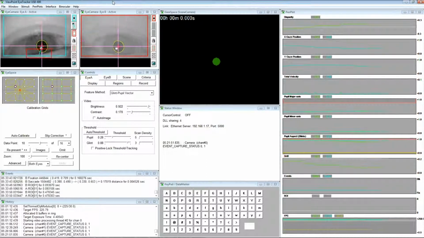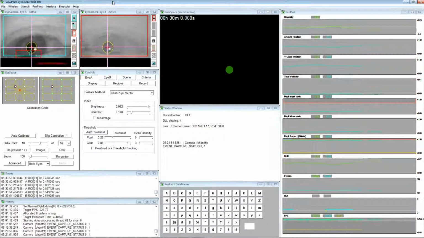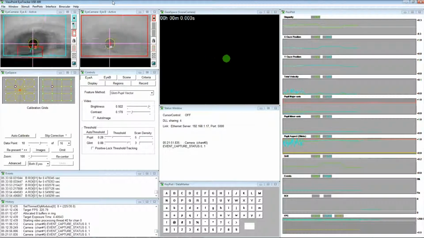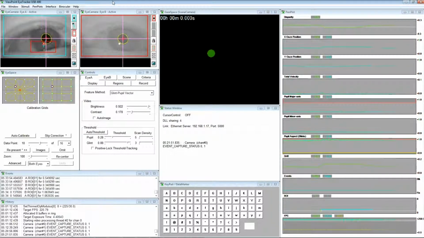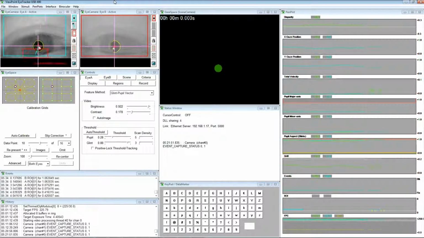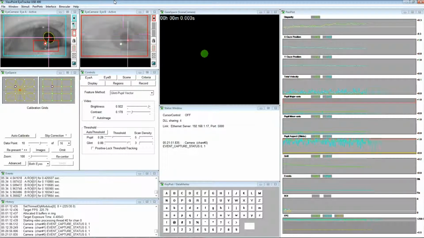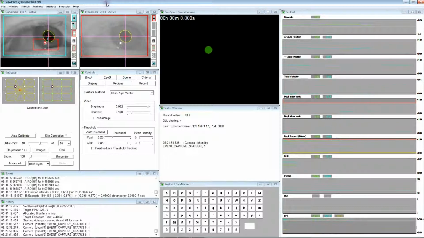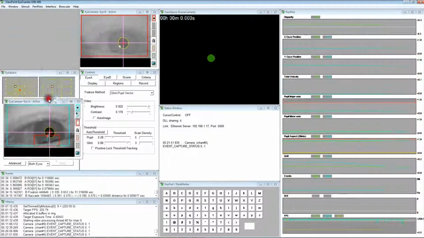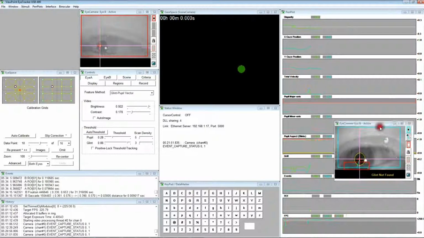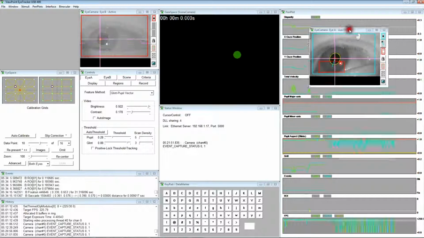Ask the subject to look at each of the four corners of the stimulus window to ensure that the glint and pupil both remain in their respective search boxes and to ensure accurate thresholding for all potential eye movements. For example, the yellow oval outlines the pupil and is fairly circular, and the red oval outlines the glint and is fairly circular. If self-testing, click on the EyeCamera window to bring it to the front, then move the EyeCamera window around to the four corners of the display to view the effects on the pupil and glint segmentation